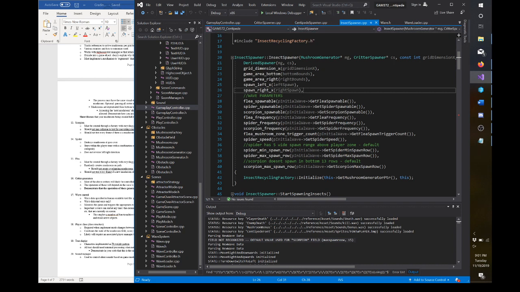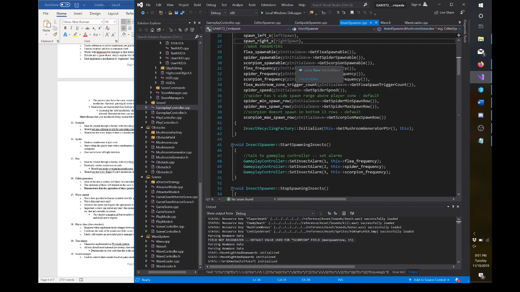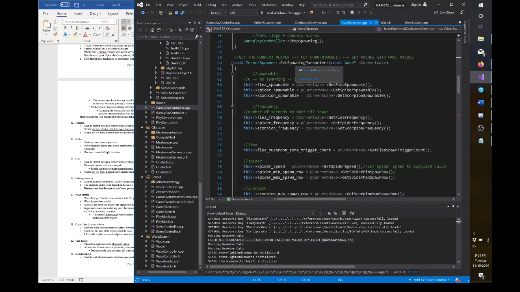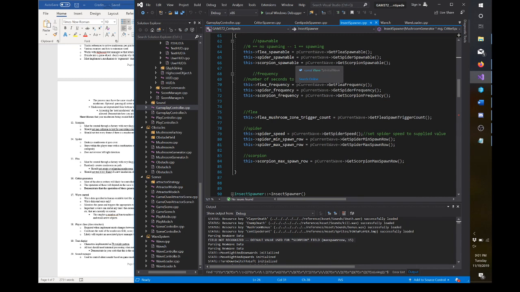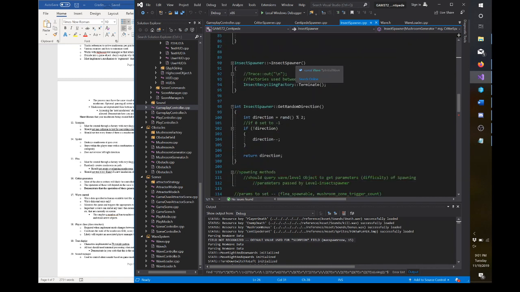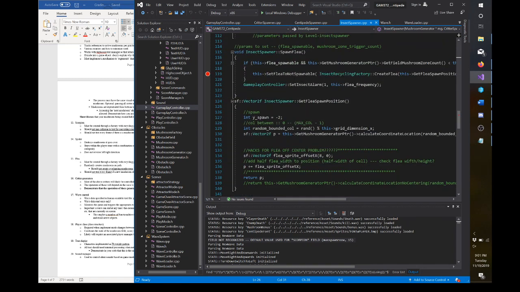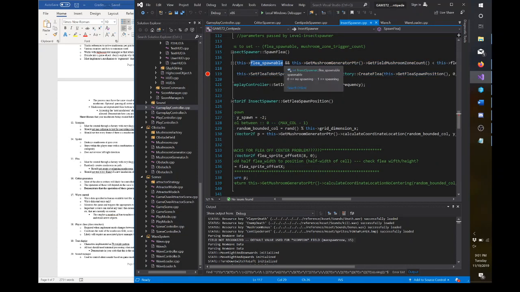But for the spawners themselves, they interact. The insect spawners do the interaction with the factories for actually initializing and registering the game objects, and you can see that right here. Basically, it will alert the gameplay controller to reset its alarm for a particular insect spawn, and if it's able to spawn based on its parameters, it will spawn it with the appropriate